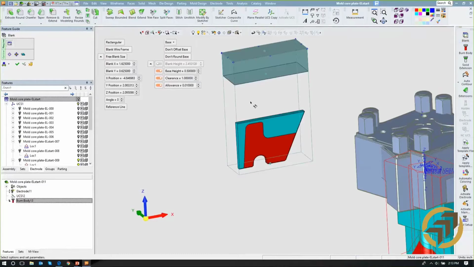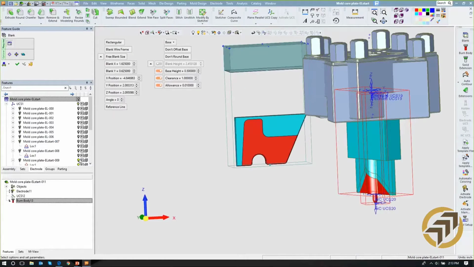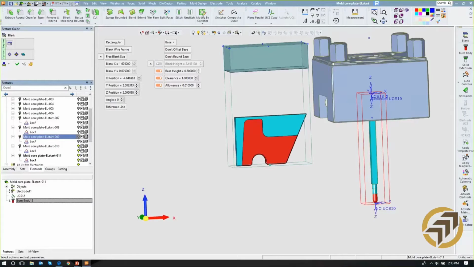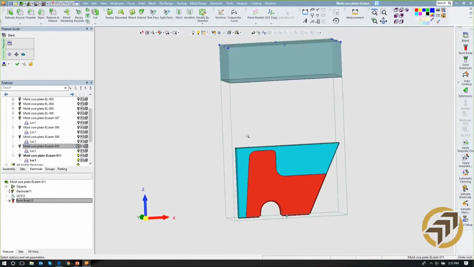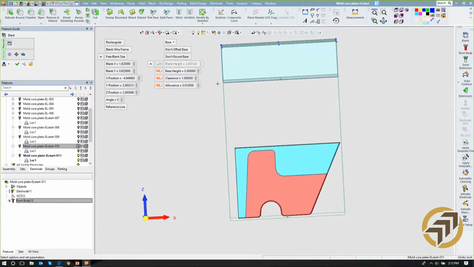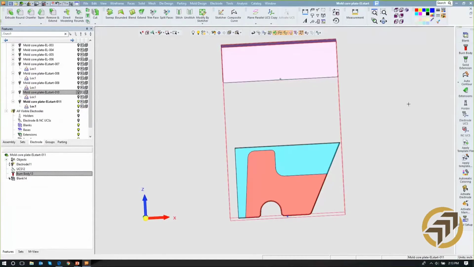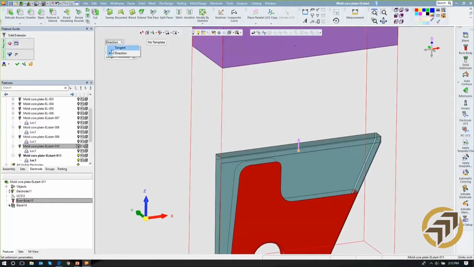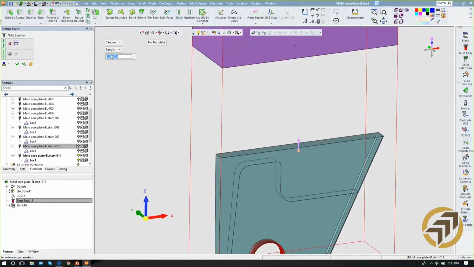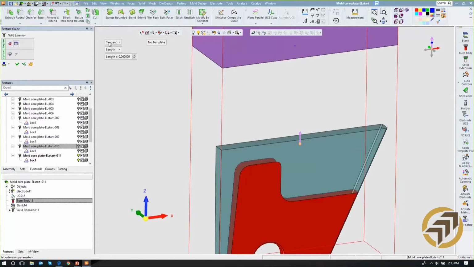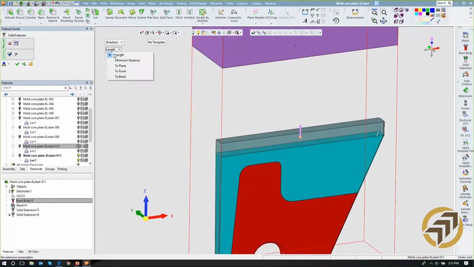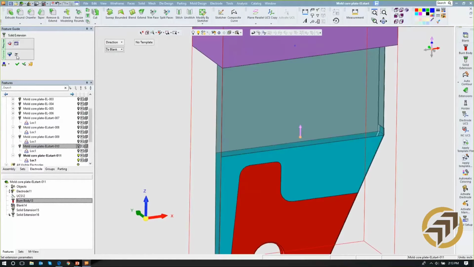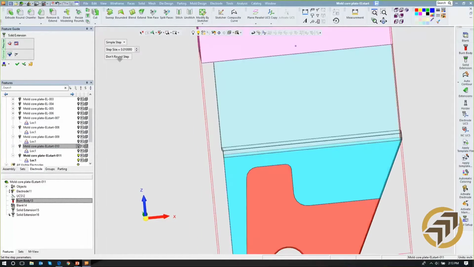Again, I'll put a blank on it. And while I'm at it, let me turn off the others so you can see exactly what I'm doing. All right, as I build this, you know I'm going to start running out of room here on the right-hand side. Say, okay, that's fine. Let's go ahead and start building some extensions. Maybe again, I want to come up tangent a certain length, put in whatever value I see fit. Say okay, and now let's go a straight direction. Again, a set length, that would be good. Finally, I want to go all the way up to the blank. And while I'm at it, maybe I want to put a step on it. As I start building that step,